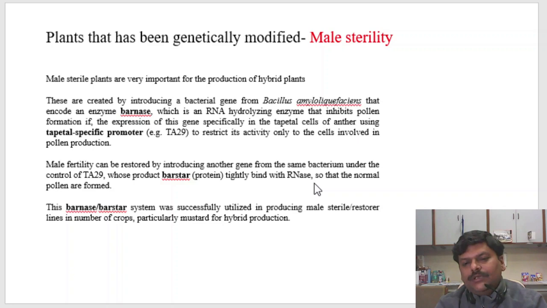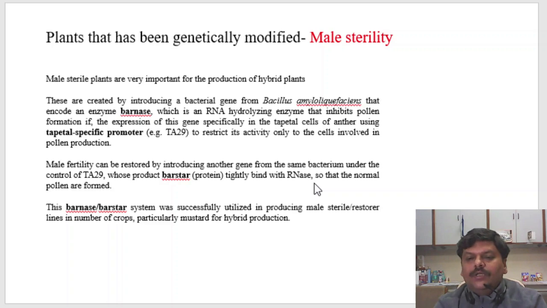One method of removing the anthers manually is called emasculation, when we take a flower and remove all the anthers so that self-fertilization cannot happen, and we introduce pollen from some other plant source to make a controlled crossing in the target flower. As you can see, it's a manual method, and it takes a lot of time as well as lots of effort to emasculate thousands of flowers and thousands of plants in a given experiment for